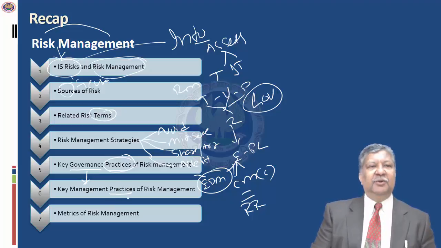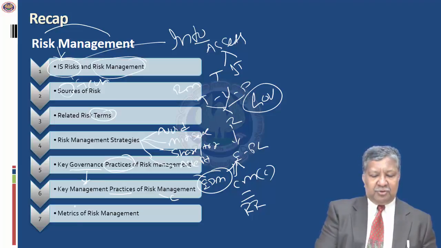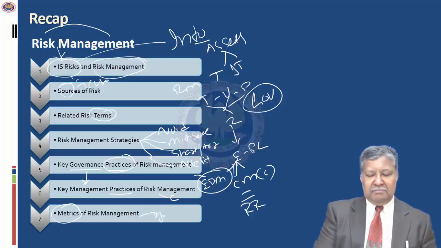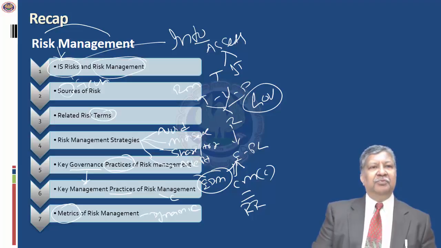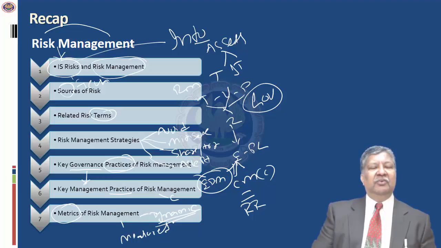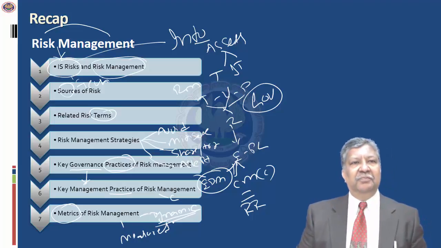So you also have practices pertaining to risk management, which is to be implemented by the management. So here also we saw various actions, right from the process of collecting the data, evaluating the risk, analyzing the risk, responding to the risk, articulating the risk. Like that, we have different processes or practices pertaining to risk management. Risk management has to be implemented effectively because this is going to impact how the organization is going to survive and thrive. So the risk management has to be dynamically monitored. So if you have to monitor, you have to have a system of measurement. And this is where metrics come into the picture. So we gave you some examples of different types of metrics which could be used.